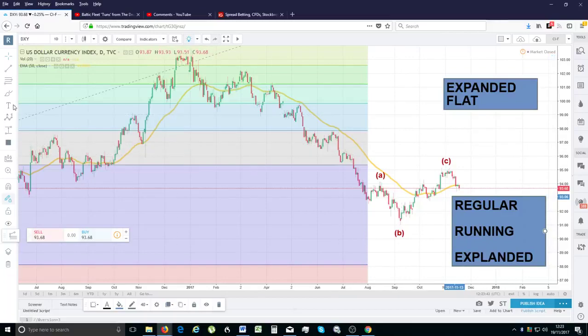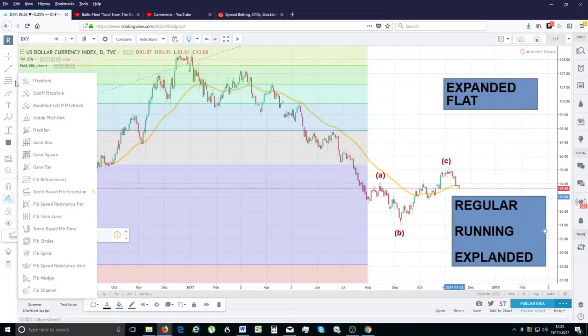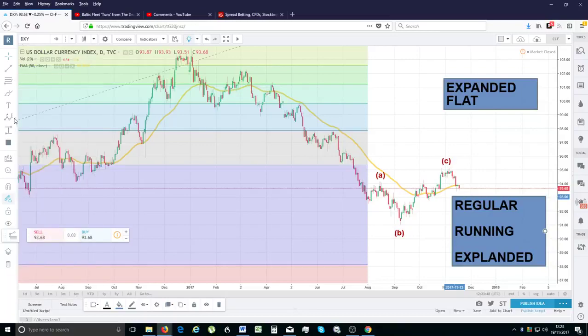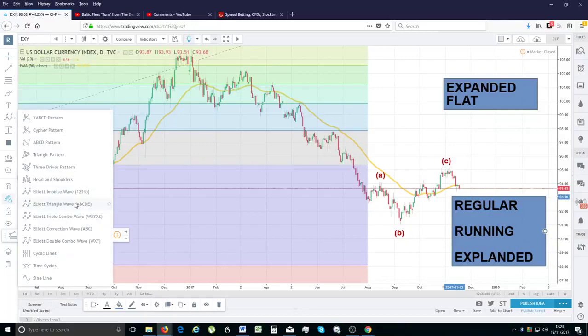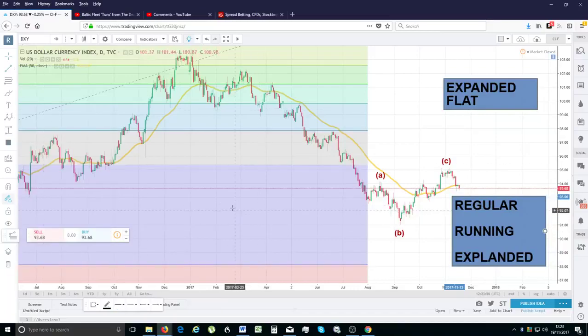So let me just draw that for you. Essentially, if we're in a downtrend, as the DXY is, the dollar's absolutely struggling right now. The dollar's going a lot lower over the next couple of years. So if we just draw some lines here, that's the downtrend coming in, that's your wave,